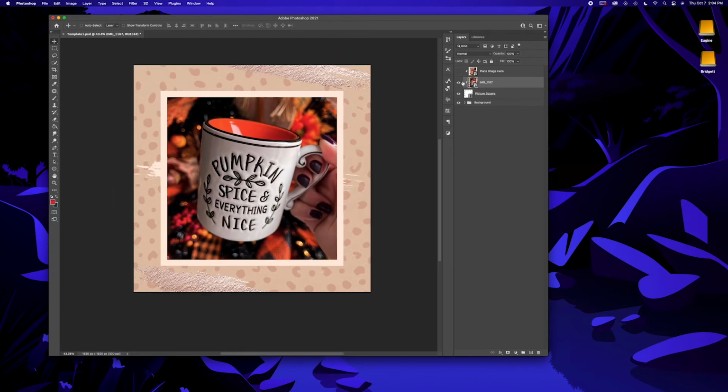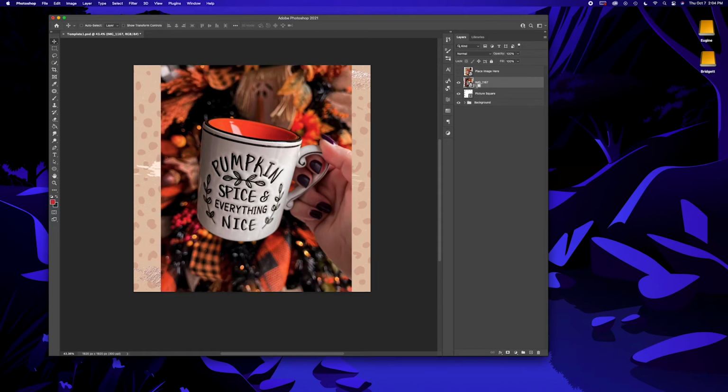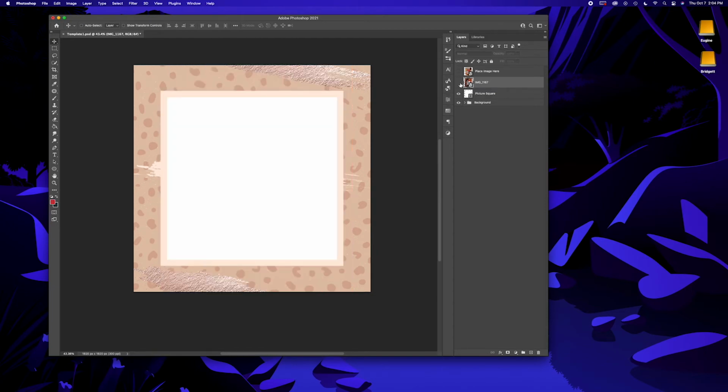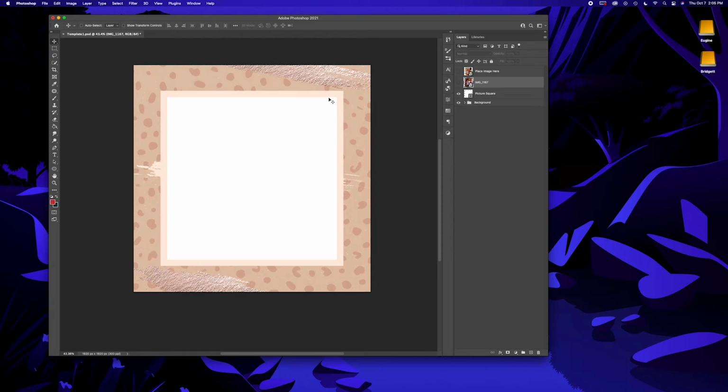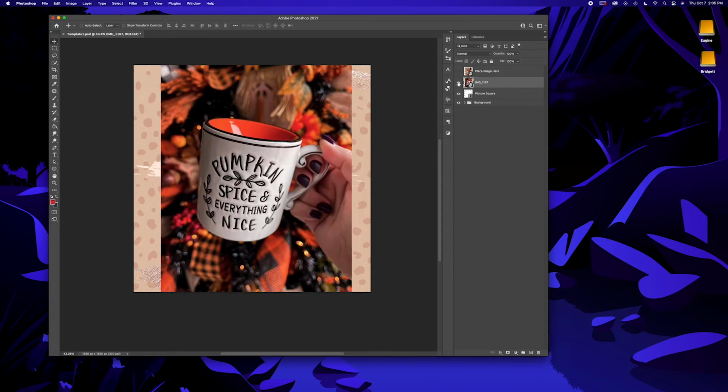Now, the one thing, see how it has this little arrow right there? That means it's a clipping mask. So normally, let's undo this. See the photo, the normal size of the photo doesn't really fit inside of that border. So what we're doing is we're going to place the photo on top of this little white square and then make it a cutout. And so to do that, there's 2 ways to do it. You can hold Alt or Option on your computer and see how it makes this square with a